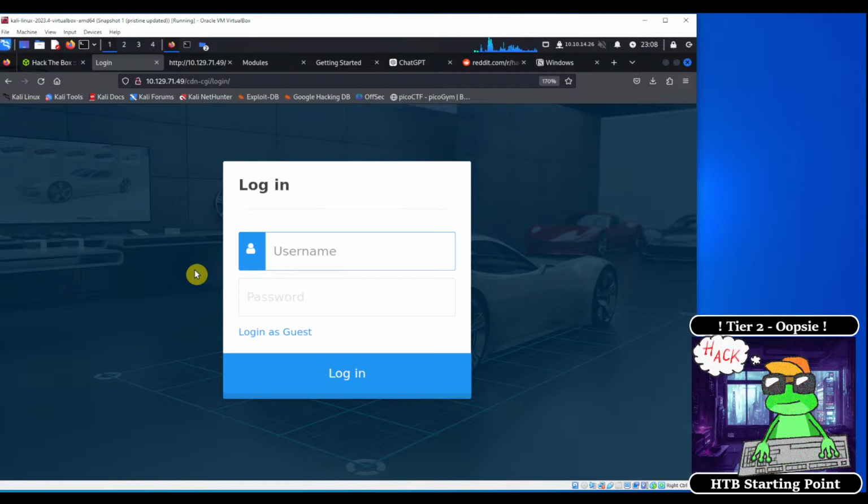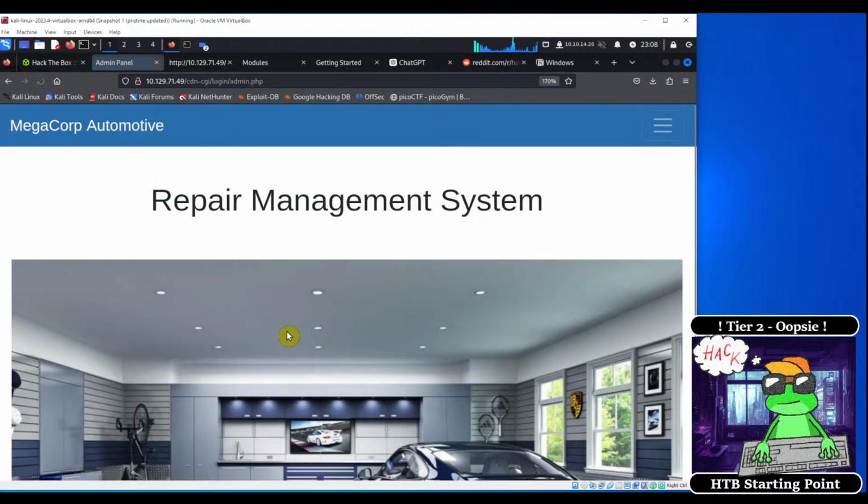But there's this other link over here called login as guest. So we might as well try that, because that would enable us to log into the application without needing a username password combination. So click login as guest, and then we have entered